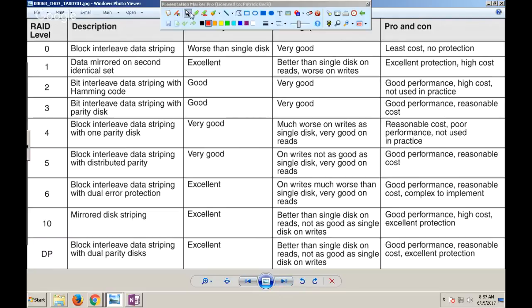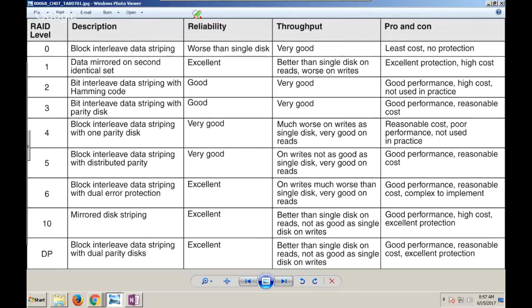So I have a table here that not only describes all the various levels of RAID, but we'll also use this to describe whether it is theoretical or actually implemented, okay? So I'm going to put a T next to the levels that are theoretical. This is a little bit of both, okay? Levels 2, 3, and 4 are really ones we used to help us make logical jumps, okay?